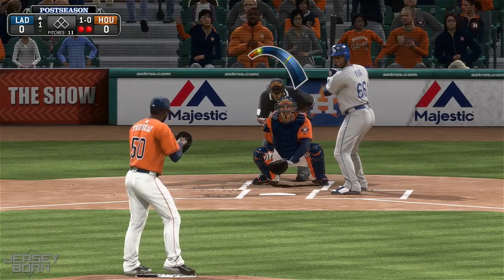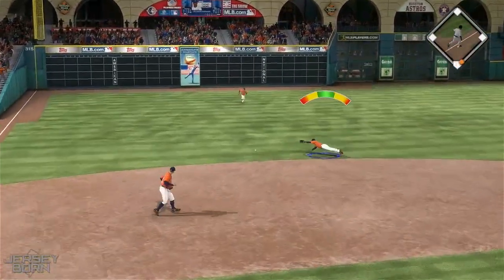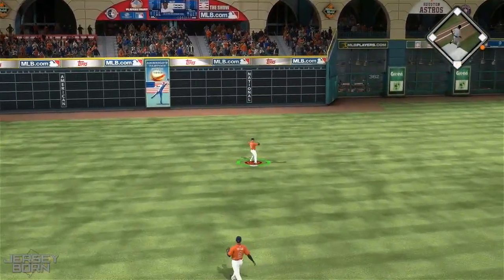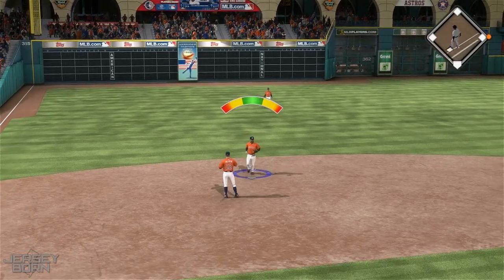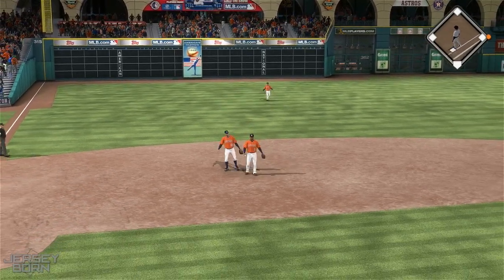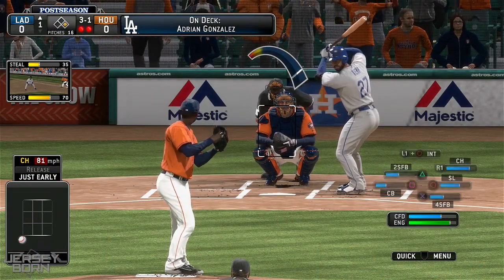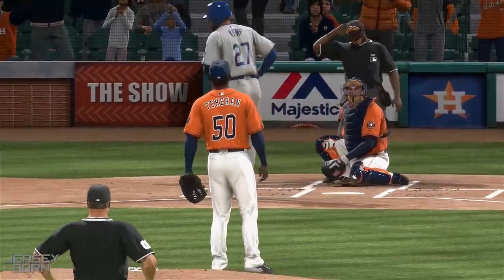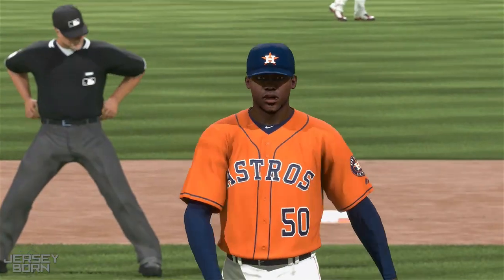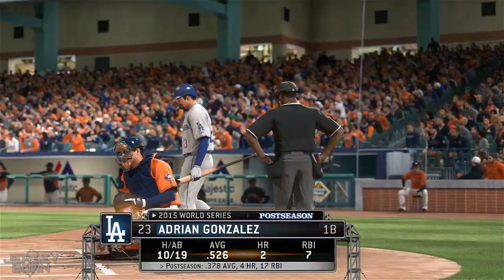2 outs now, 1-0 count on Puig. The kick and the pitch from Teheran is grounded through the Tony Gwynn gap in between third and short. And that's a base hit for Yasiel Puig as the Dodgers have themselves a 2-out base runner. 3-1 count now on the cleanup man, Matt Kemp. The pitch from Teheran is taken for a ball. And Matt Kemp, take your base as Julio Teheran walks a runner in the top of the first inning, and